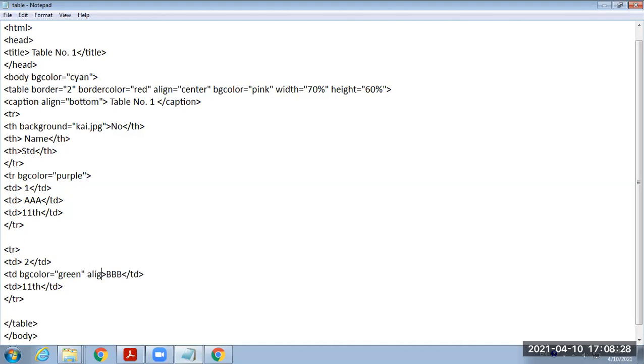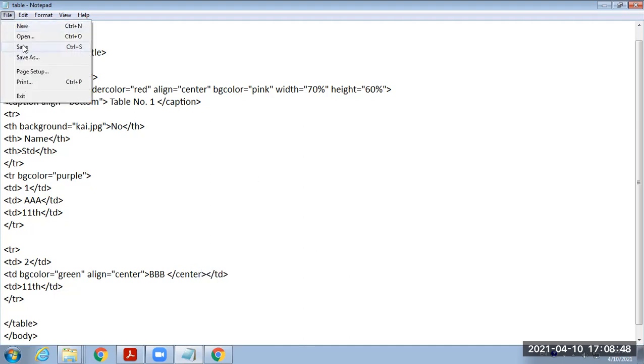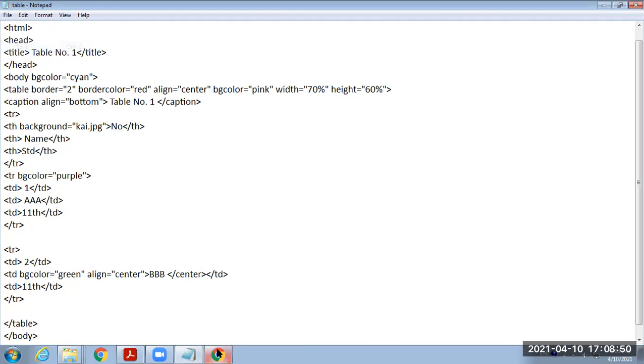We can provide the alignment again to the same data, align equal to center. And after that, here we have to do the end of alignment. For that, end of the center tag. Then again save it and run it.